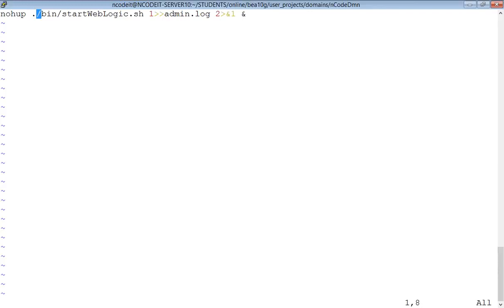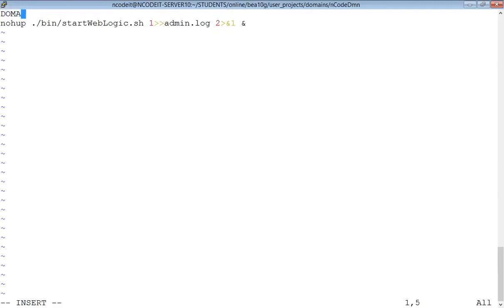Output going to admin.log, to redirect it to address of 1, run everything in the background. And I'm going to modify it a little bit just to make it much more generic. Domain home, encode IT. Domain home I'm giving online